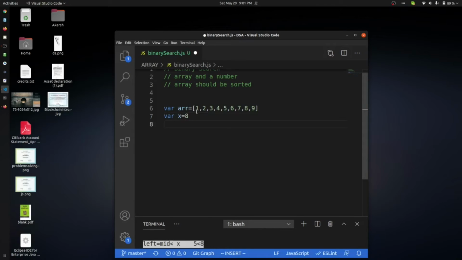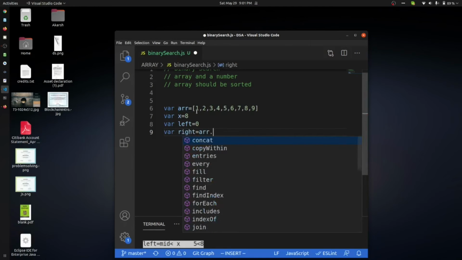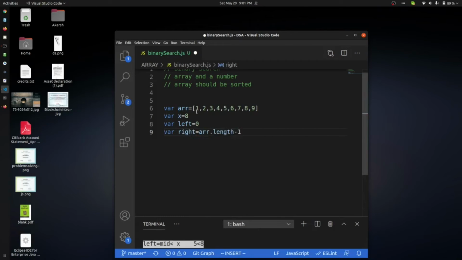Okay, so what we will do now is have a variable left that will be 0, and a variable right that is equal to array.length - 1.